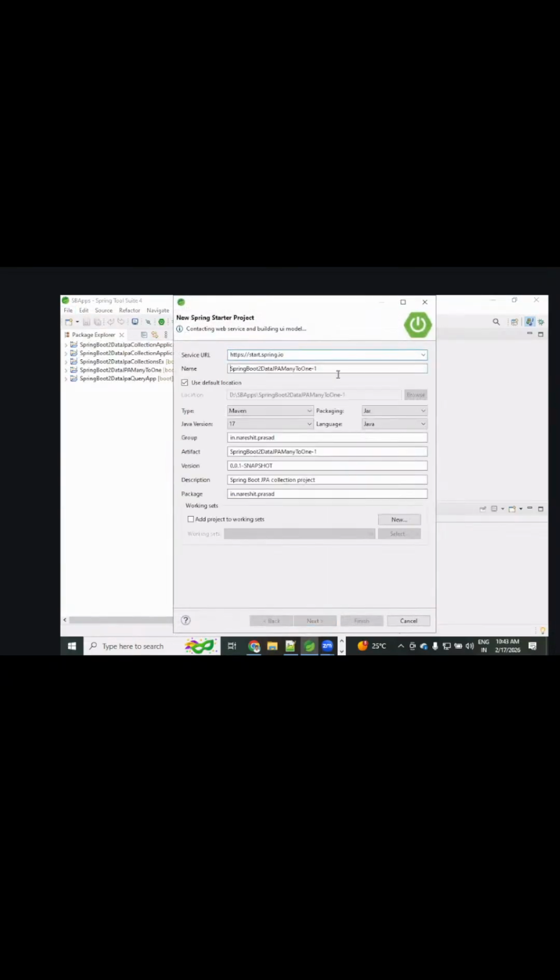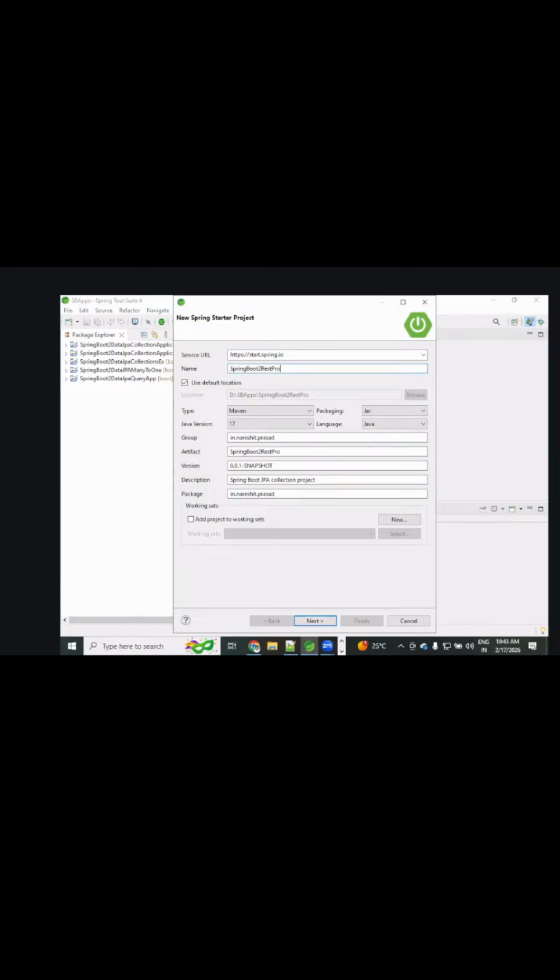File, new, Spring Starter project. I want to develop this application in Spring Boot REST. What is that?